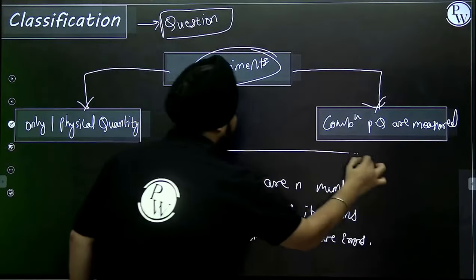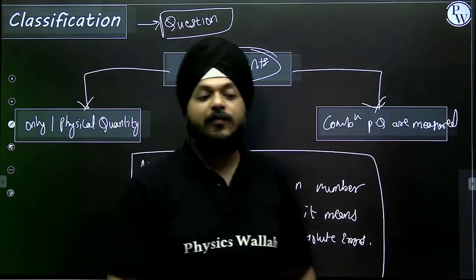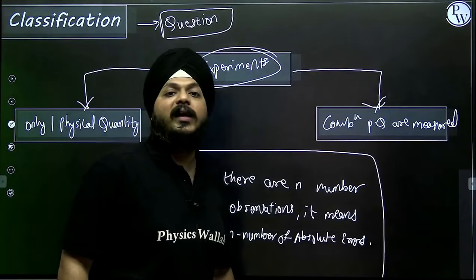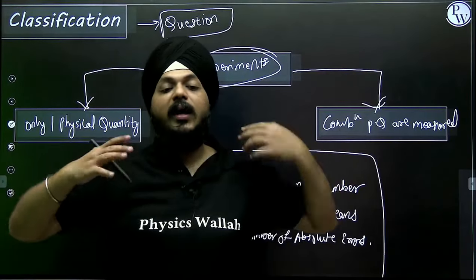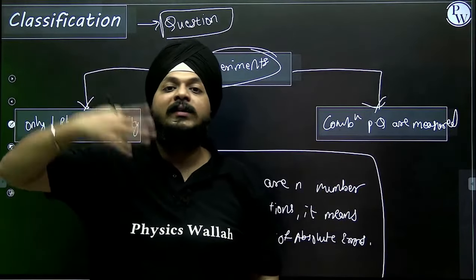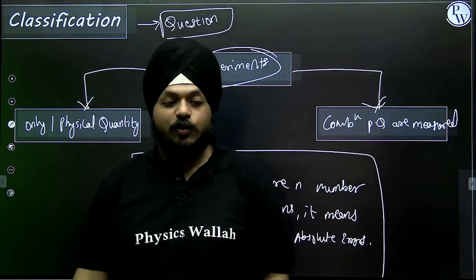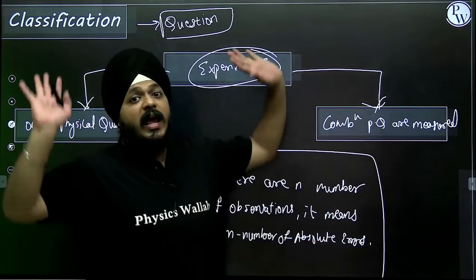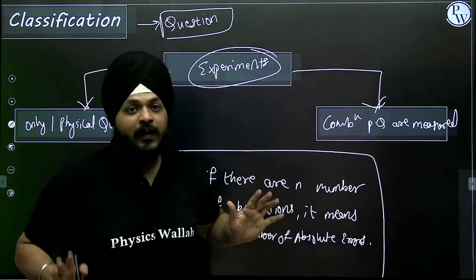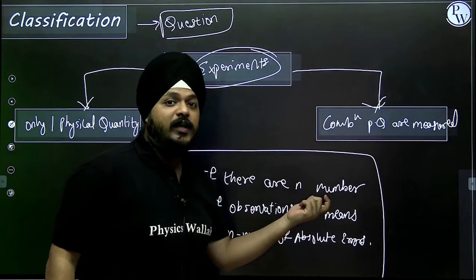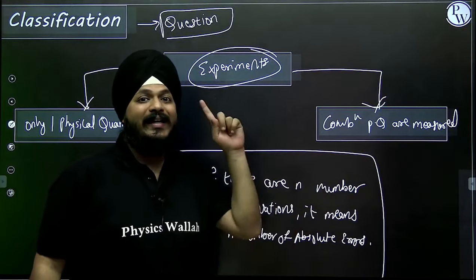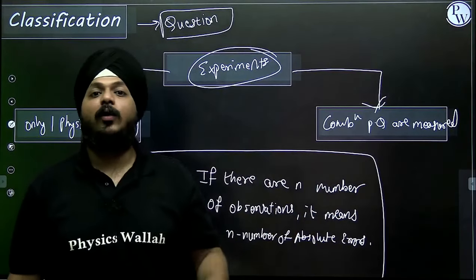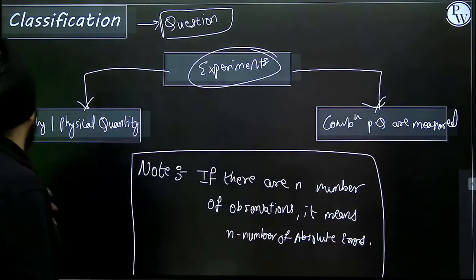This is the most important note. If we are conducting an experiment in which one physical quantity we are measuring, in school also, in labs also, you have seen, whenever you are conducting an experiment, you used to take more than one reading, like 2, 3, 5, and finally you are averaging out all of those. The same thing: if we are having n number of observations in an experiment, it means n absolute errors are there. For n observations, we need to have a true value by taking the average. For the actual absolute error, we need to take out the average. We are going to see this in the sum.